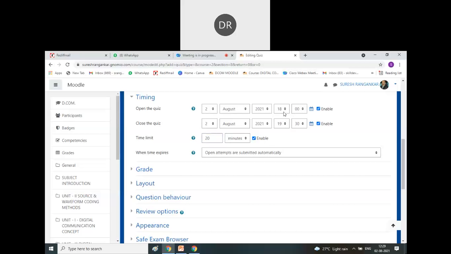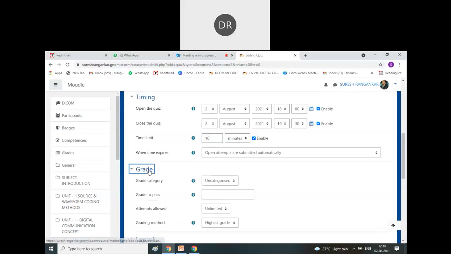If he or she logs in at 6 p.m., then at 6:20 the test will be automatically closed. So this time limit is also important. You can give it 10 minutes also, so it's a 10-minute test like this. Then grade.